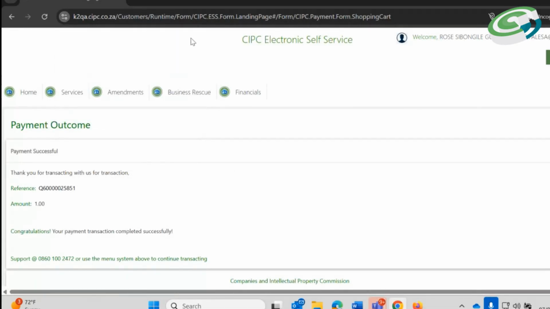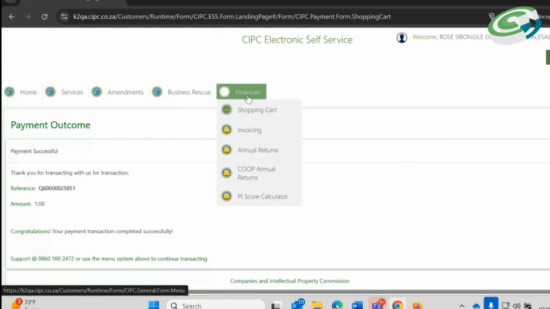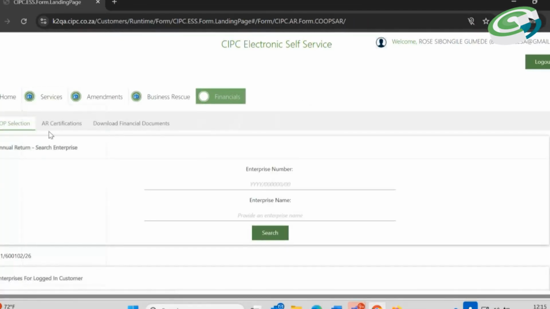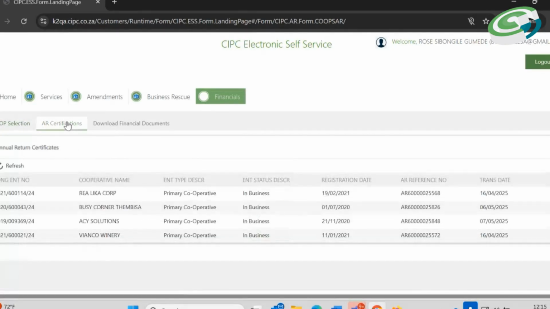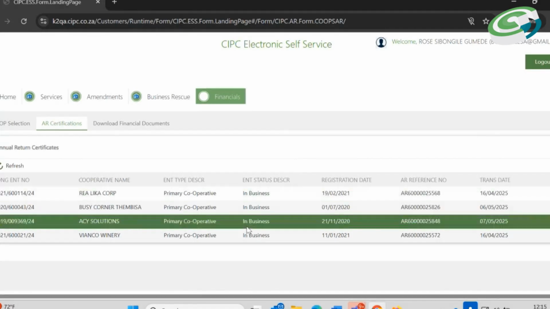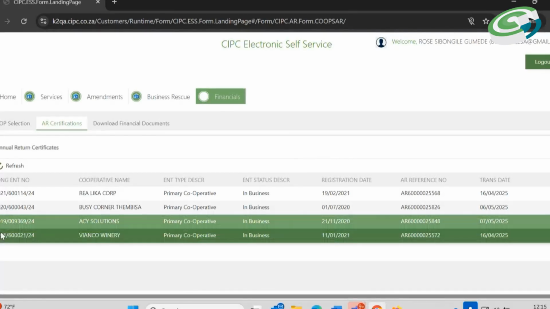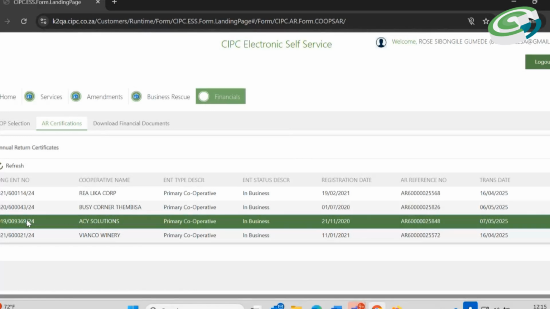The payment is successful. In order for us to generate the annual return certificate, we go back to financials. Thereafter, scroll down to co-op annual returns. There we are, AR certification. We double click here. Then we're gonna generate the certificate for the application that we have just filed the annual return for. You go to the transaction, double click. If it takes time, you can always refresh, or you can always come back to download the annual return certification